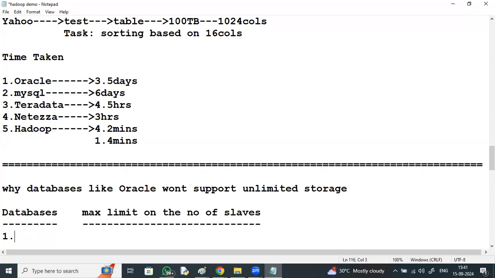One by one, for Oracle, the maximum limit on the number of slaves is 256, right? 256 nodes, CPUs.